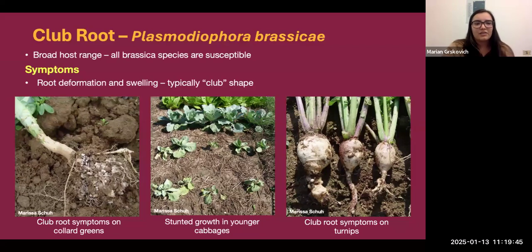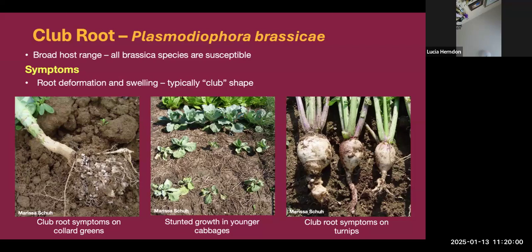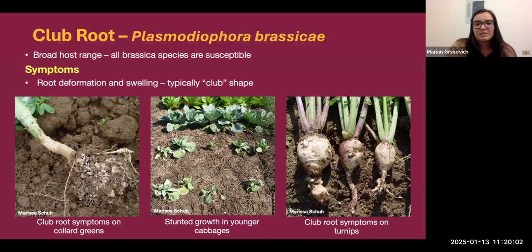The primary symptoms, as the name says, are clubroot: the roots are swollen and deformed, often in a club-like shape. In your root vegetables, you'll see on the right picture, the tips of the roots often get super swollen. And then in more severe cases, the entire outer surface can be warty with growths. In your non-root vegetables, like in the picture of the collard greens on the left, it'll form more of a coral type structure.